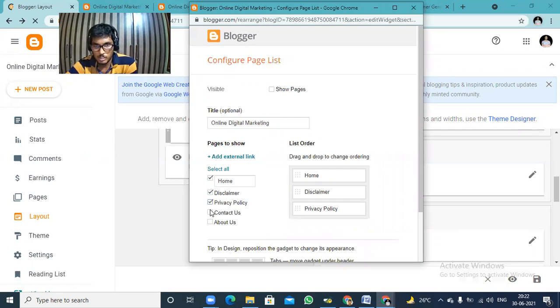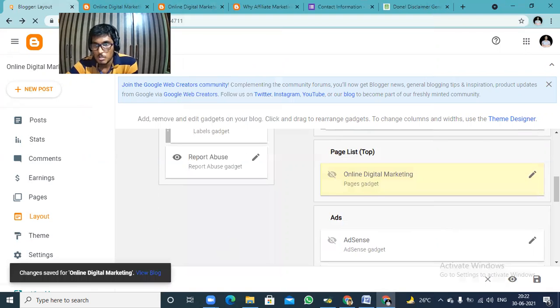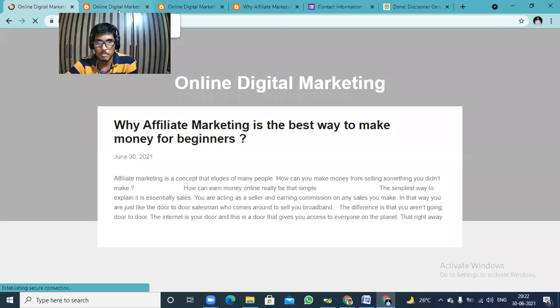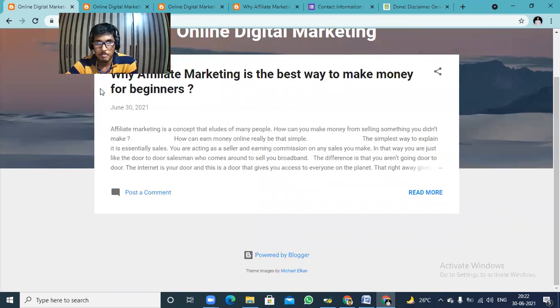Let's click on this disclaimer, contact us, about us, all. You need to select all those pages and then you need to click on save pages. Okay, now let's click on this save button. See, let us see. Now what you need to do is now again I'm going to show you here